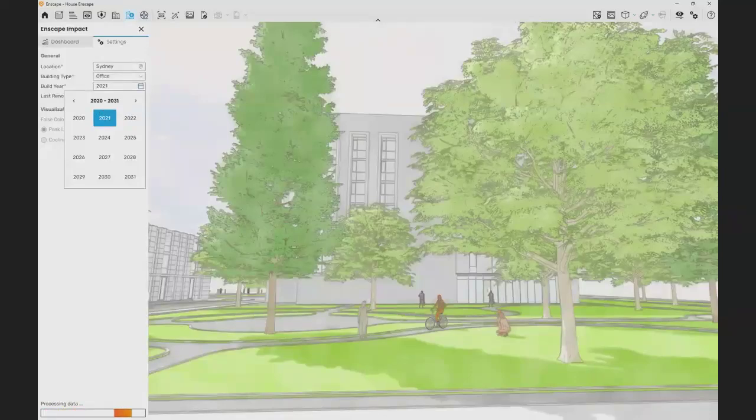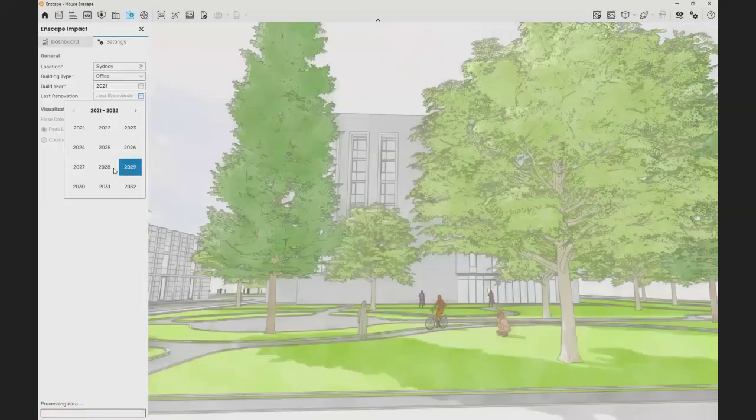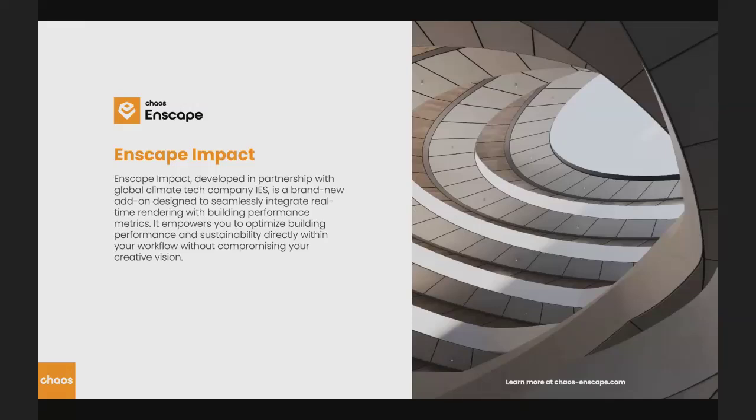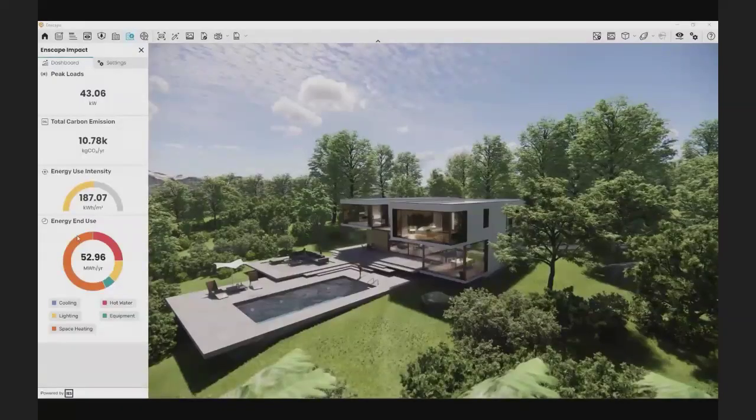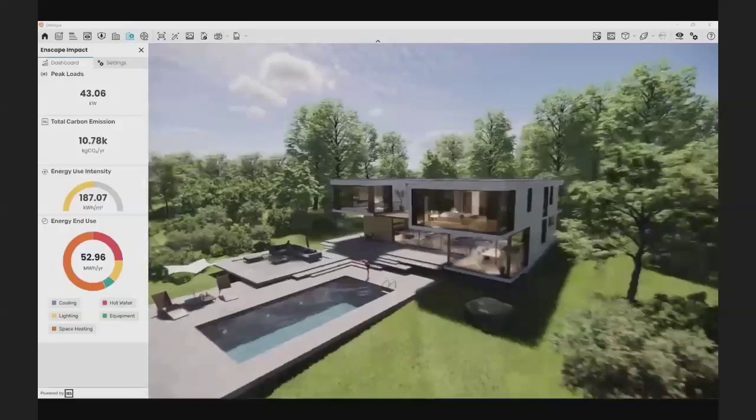If it's built now, we'll just type the year we are currently in, or if it's going to be a renovation, we can choose a previous date. And lastly, if there was a renovation, we can select the renovation. It will take a few moments, so while it's calculating, I want to show you some examples right here.